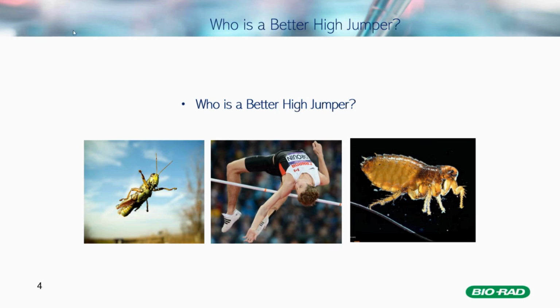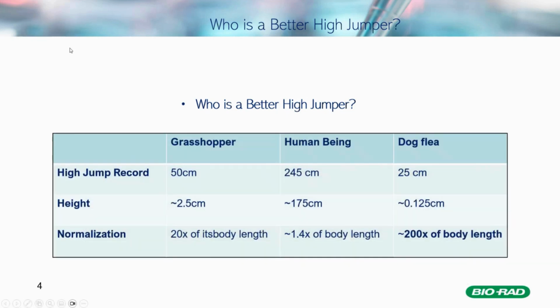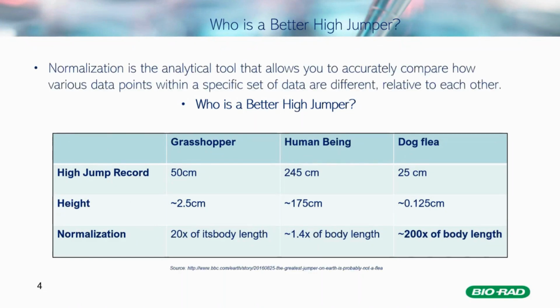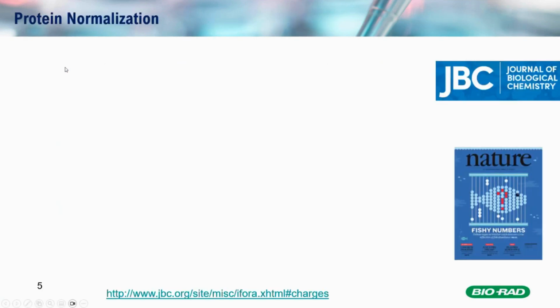When we think about which one is the higher jumper and normalize this data according to their body weight and body length, we may find that even though the shortest distance is 25 centimeters, when we normalize according to the dog flea's size, it can jump 200 times its body length. So normalization is really important when we talk about scientific data